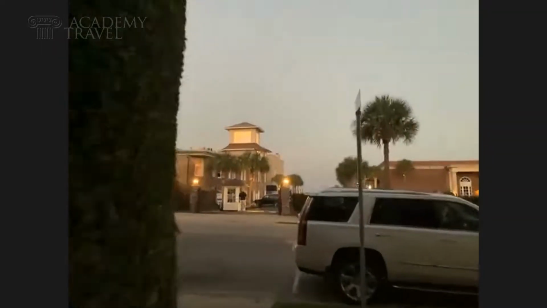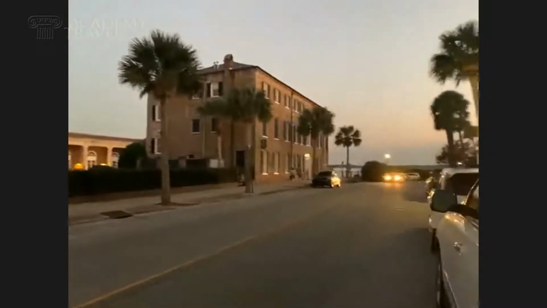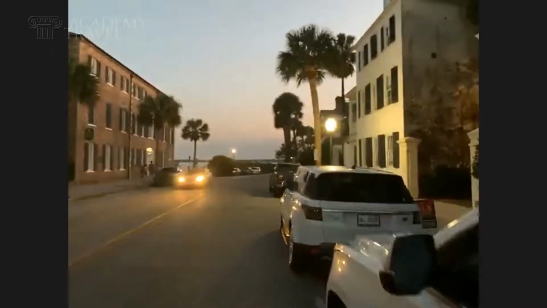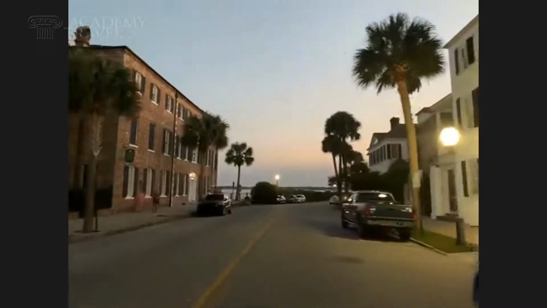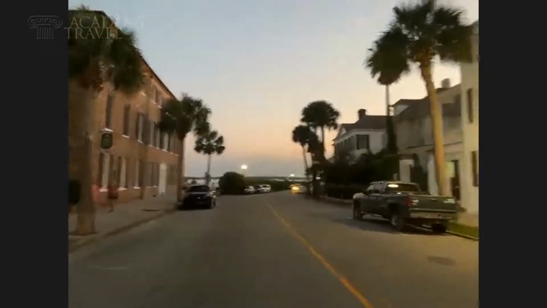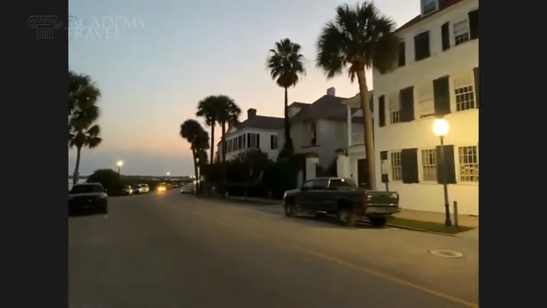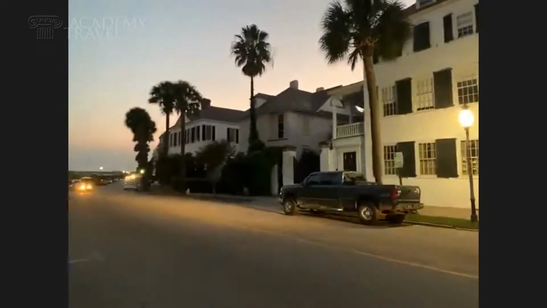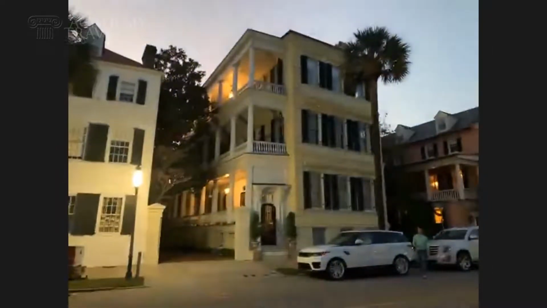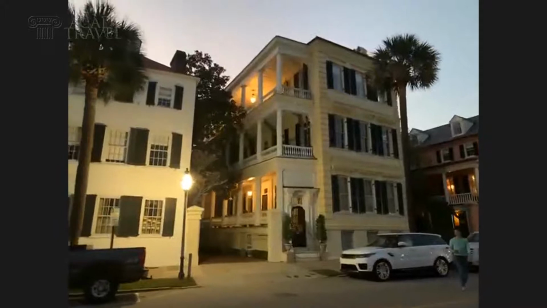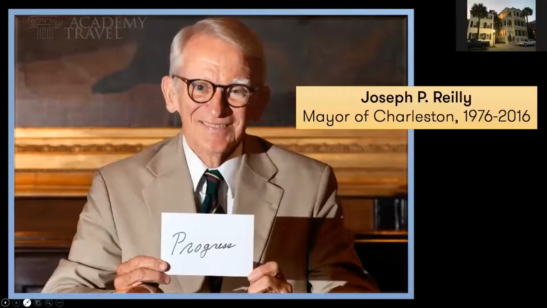Yeah, absolutely. That's really quite serious here, and that's been going on for 80-90 years, and that's kind of why Charleston is so well preserved, just because of the sheer length of time that heritage ordinances have been maintained. There was a very long-term mayor of the city, famous Charlestonian named John Riley, and he became mayor of the city in 1976, and he served 10 terms and only retired in 2016. So 40 years in control of Charleston. And he was a huge advocate of heritage and protection of the city.